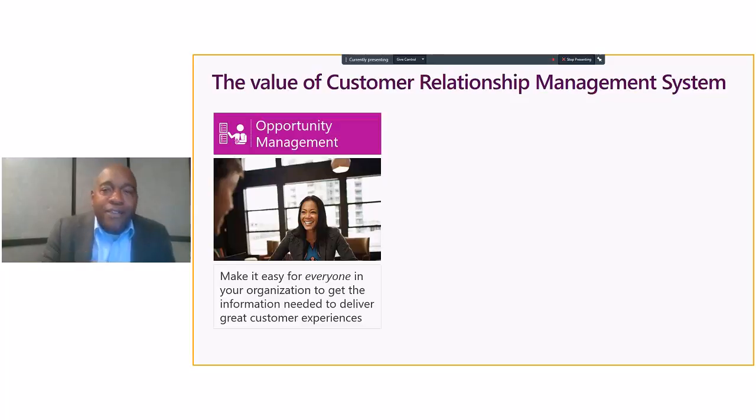But not only do they have access to the actual name of the contact, or the actual name of the opportunity, but do they have access to the notes behind it? Well, on the first call, we talked about product X, Y, and Z. This particular person in the organization was interested in product X, Y, and Z, but this other person was interested in product A, B, C. But the decision maker of the organization is interested in this. Those type of notes, putting them together and making it accessible for not only the salesperson who's taking the lead, but then maybe other subsequent persons who may be involved in that opportunity, depending on your organization.